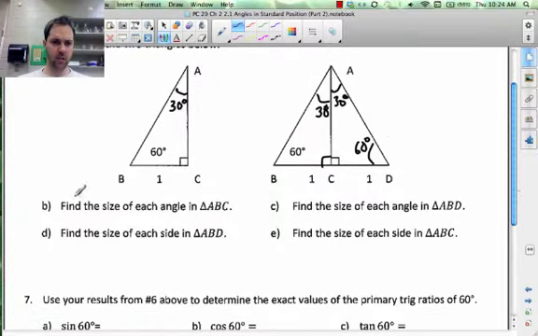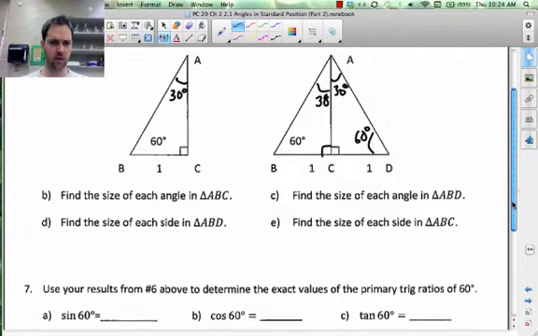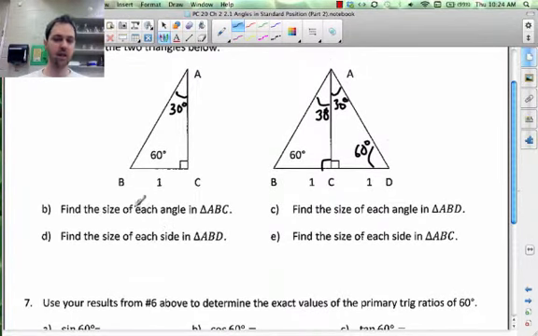Okay, B. That was B. C. Find the size of each angle in ABD. Oh, okay, so that was C as well. Done. Find the size of each side in ABD. Now, we could use Pythagorean theorem, we could use trig ratios, and take up a lot of time doing all that stuff,